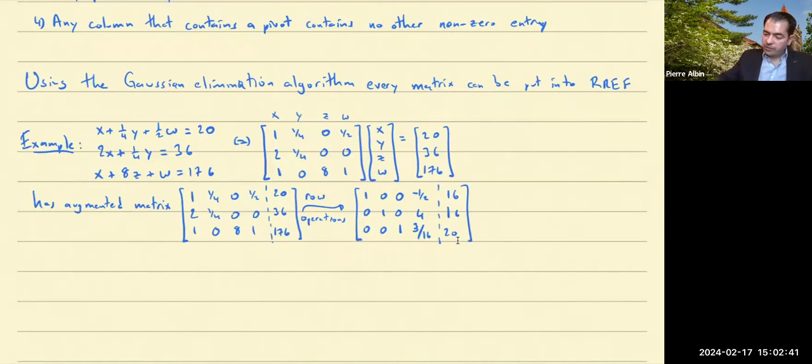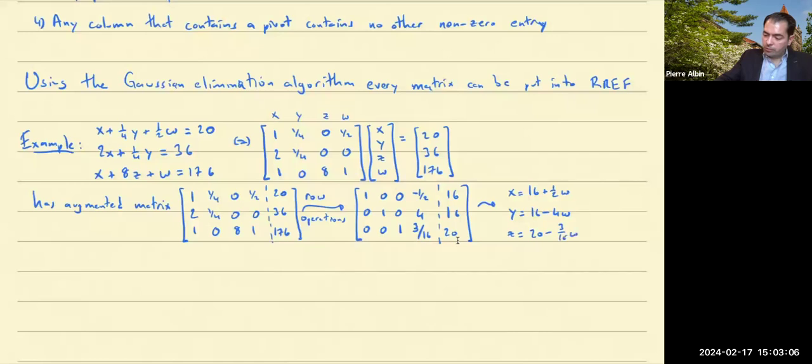Okay, and this translates back to equations as x equals 16 plus 1/2 w, y is equal to 16 minus 4w, and z is equal to 20 minus 3 over